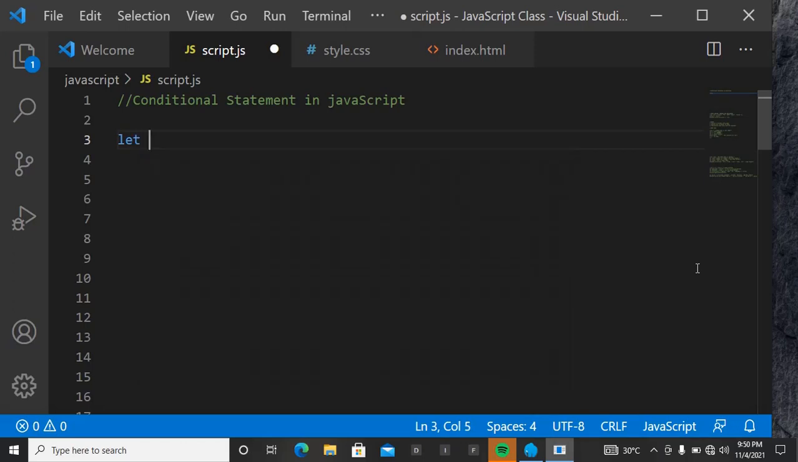Let's say exam score. Let exam score be, what should we let it be? So let's say 78. So let the exam score be 78. Okay, so in this case now